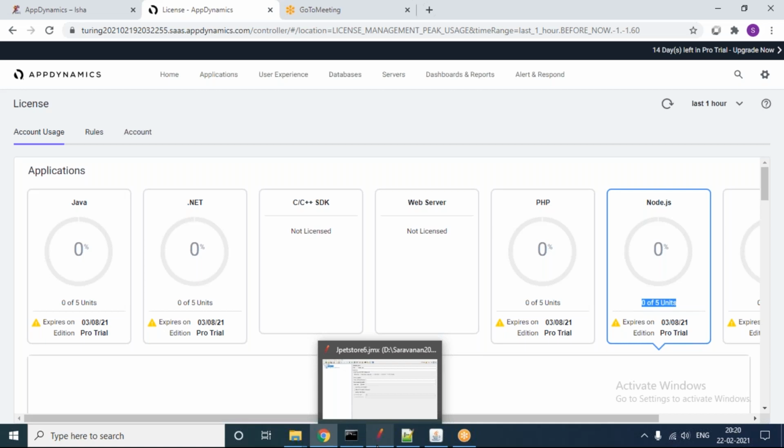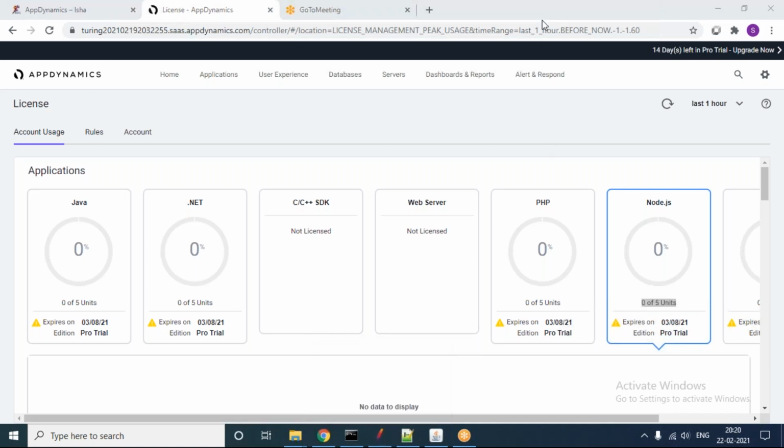With regards to the licensing, do we have an estimate, or is it published on their website how much we'll have to pay if we want to upgrade the license? Not like that, Jonathan, because how these guys work is they'll see your prospect, whether you are an enterprise-level, large-volume customer. You will have a different quote altogether, and there are attributes involved in that. Based on that, they'll share the quote with you, Jonathan.